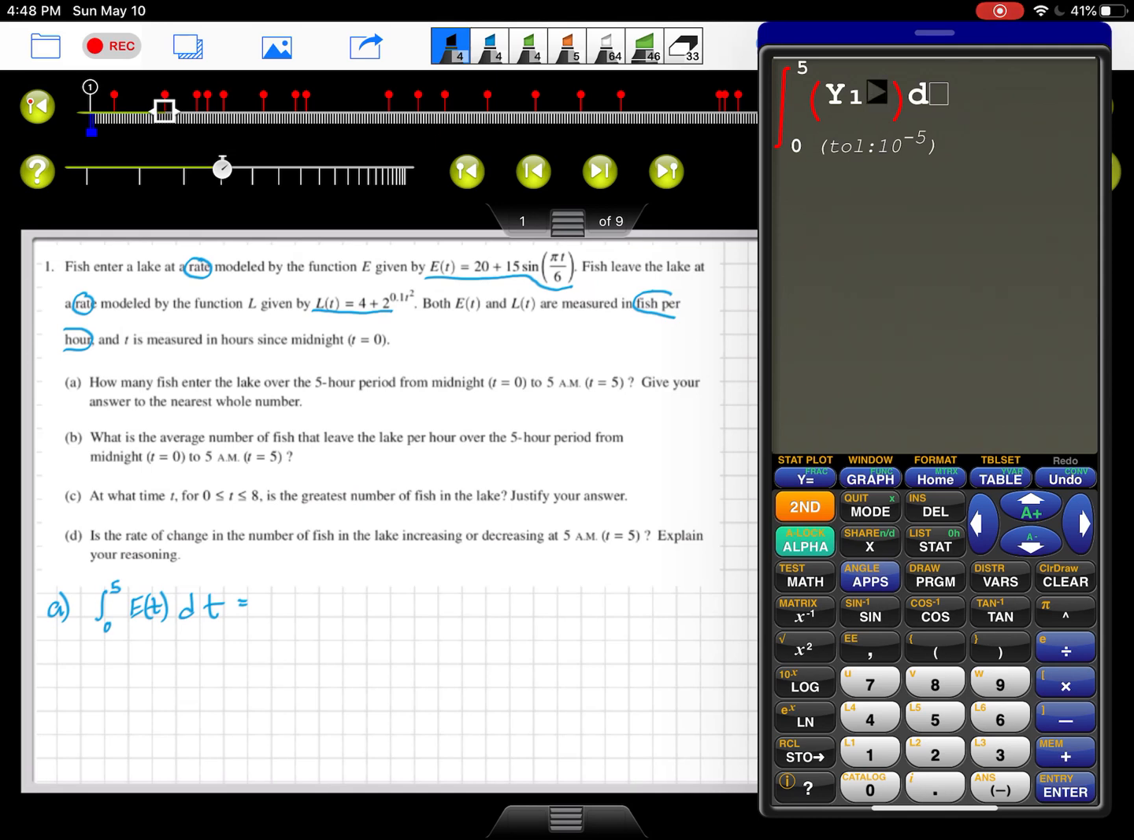Instead of using y sub 1, you could type out the function that they give us in the directions. But what I'm doing right now is way easier and more efficient, because since this is a calculator problem, we're going to be using the calculator the whole time. I only want to type it in once correctly, then I can just use y sub 1 for the rest of the problem. So I put y sub 1 and x for my variable of integration, and then I press enter, and it gives me